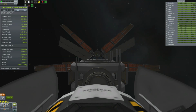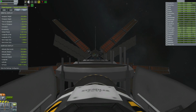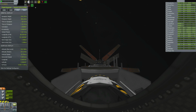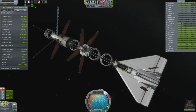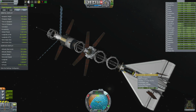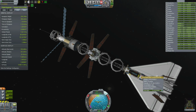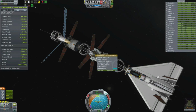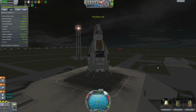There we go. We double click on the cockpit to look out the window, make some last minute corrections, and docked to the Marco Ramius, collecting all its antimatter and stuffing it in my tanks so we can bring it home and build even more amazing things with antimatter. Actually, we only have about 73 milligrams on the station right now, so I think we're going to need to expand this a little more, but I kind of want to go over and take a look at this